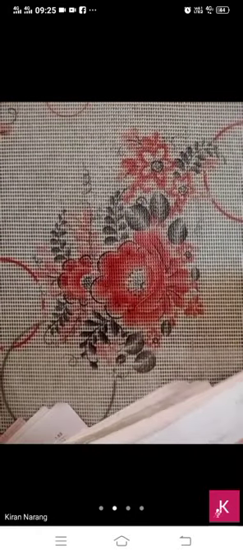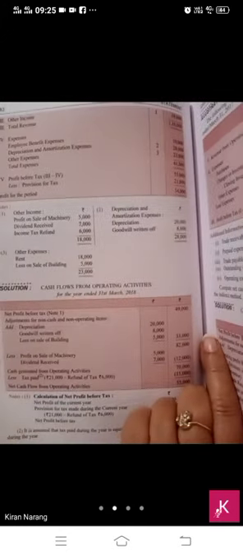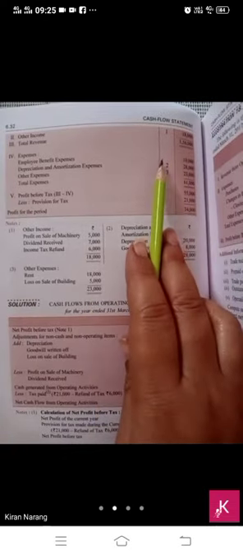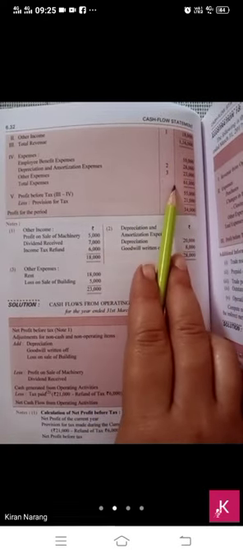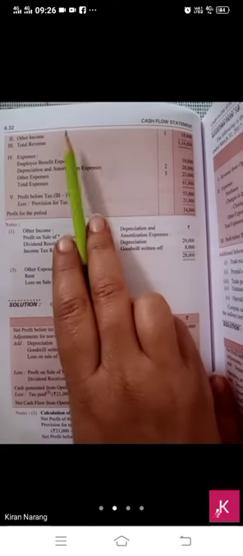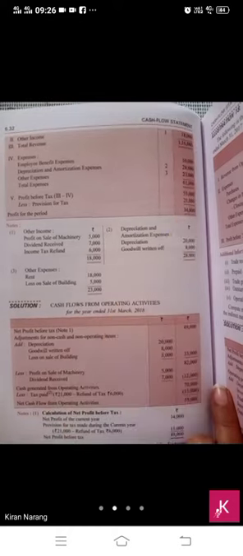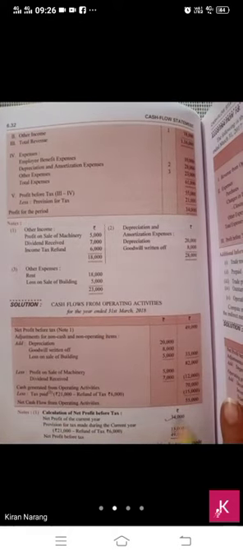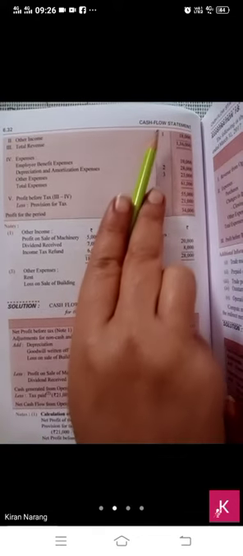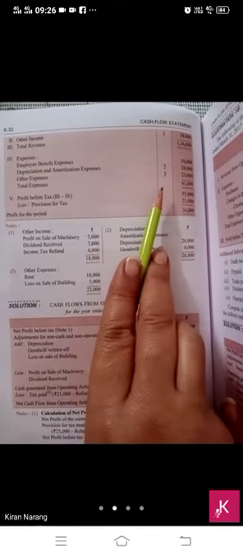Have a look at what is being given to you. In the same way, बच्चे, other incomes are given to you in note number 1, and depreciation and other expenses in note number 2 and 3, and luckily no change in inventory is given, and profit is given as 34,000. Profit is 34,000, you will consider it here. Okay, profit you will take 34,000. For the rest you have to see the notes, note number 1, 2 and 3.